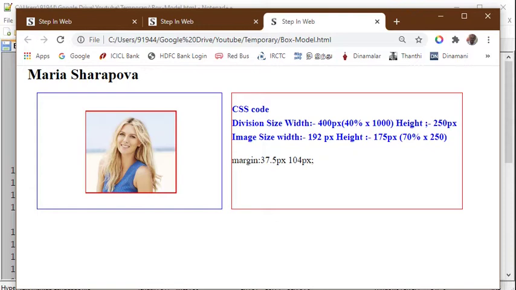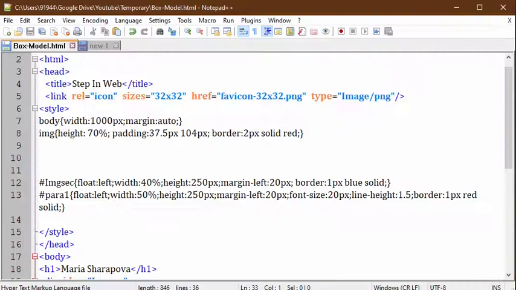Here I have mentioned in the CSS code margins of 37.5 px for the top and bottom, and 104 px for the left and right side. So this margin is used so that the image comes to the center of the division. Now in the same way, instead of margin I have changed it to padding.